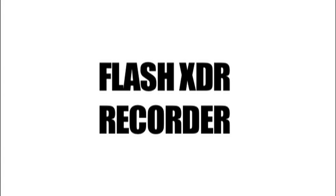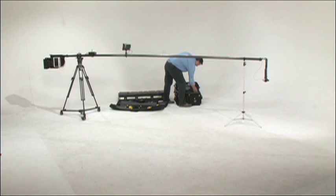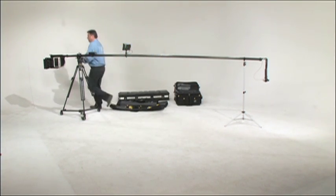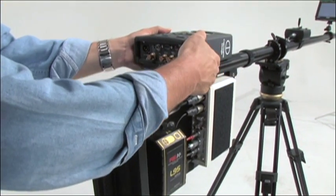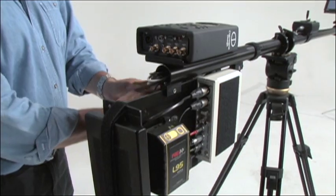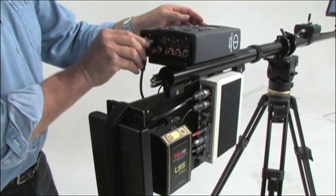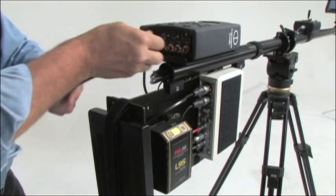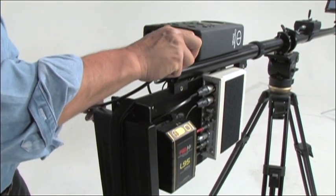A Flash XDR recorder. Most recorders can easily mount on the top plate of section 1. The plate is covered in Velcro, and with a simple application of a few strips of Velcro, most recorders and portable decks can sit there comfortably without slipping. There are several 4-pin XLR output cables to power recorders, and video can be attached from the camera or split